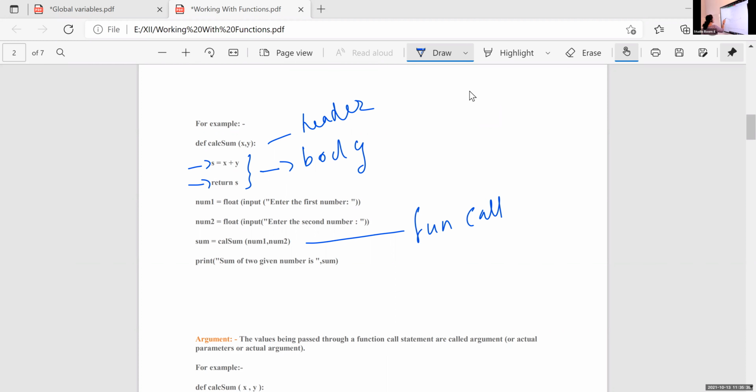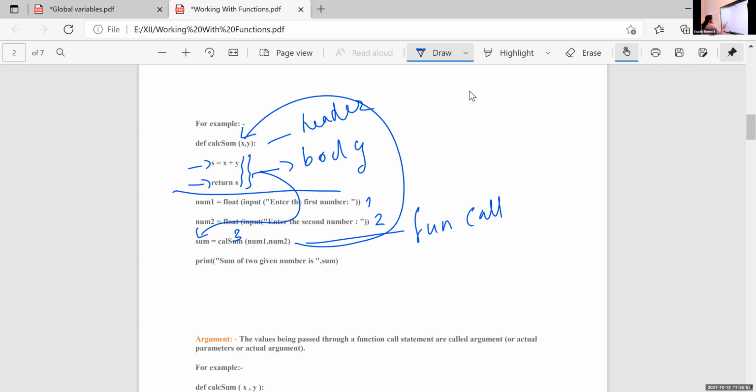We will start from the main program. So it will start from num1, num2. First it will execute this statement, then second this one, then third it will call this function. So control moves to the function definition and it will execute these two statements. After that, control moves back to this sum, that is the value returned from the function definition.